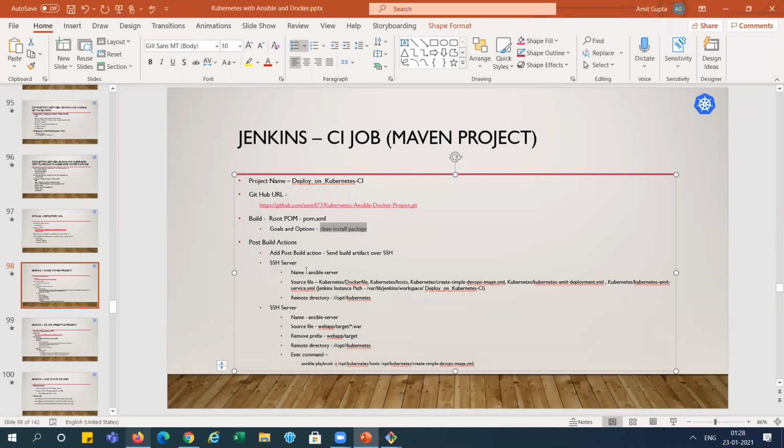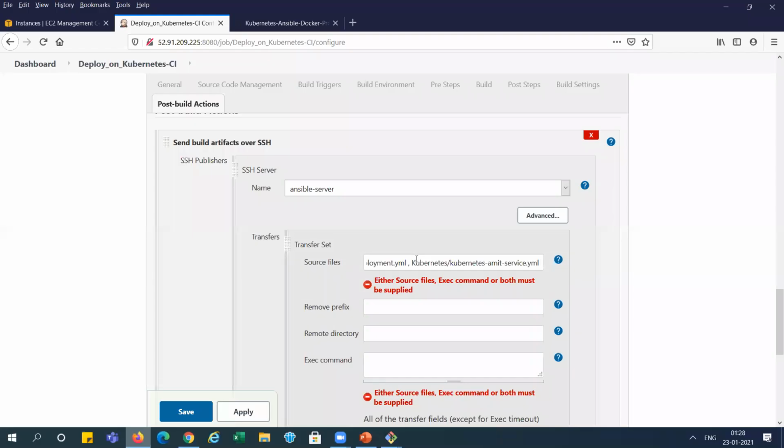So first we will select the Ansible server and source file. We need to select four to five files over here. I will explain each and every file later on in this demo.